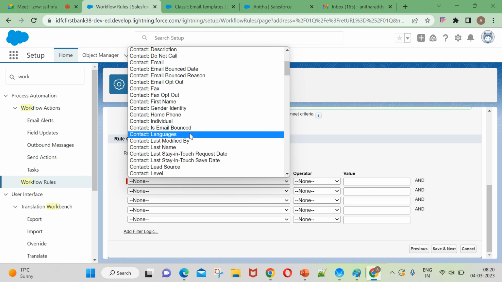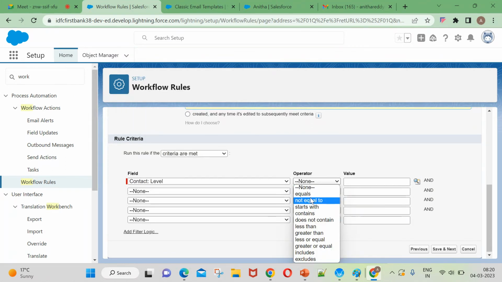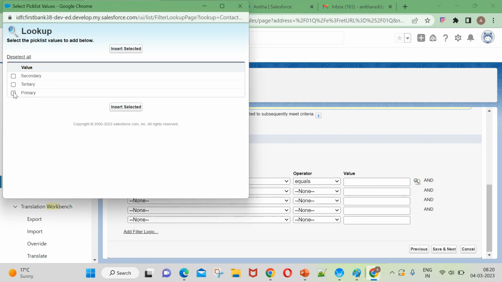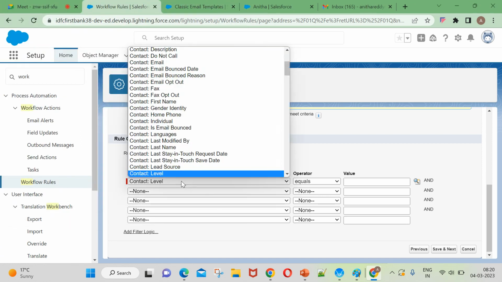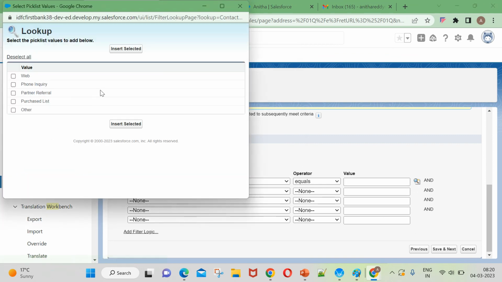The condition is like the same condition. Level is equal to, not the level, lead source, right? We are updating. Yes, sorry. Lead source is equal to